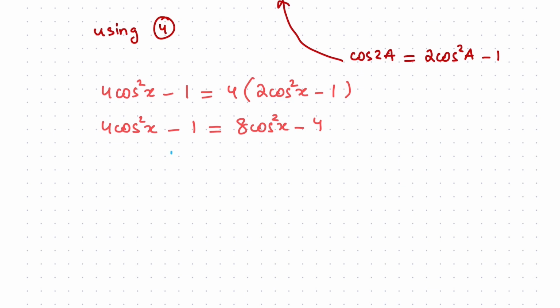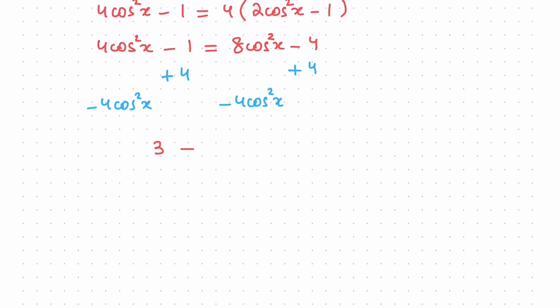To do that, I will add a 4 on both sides, and I will subtract 4 cos square x from both sides as well. So what's the result? We get a 3 on the left side, and here we get 4 cos square x. Now divide the equation by 4 on both sides like this, and we get 3 over 4 is equal to